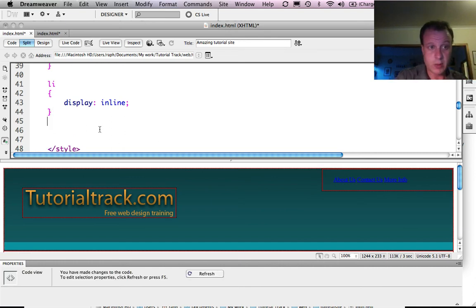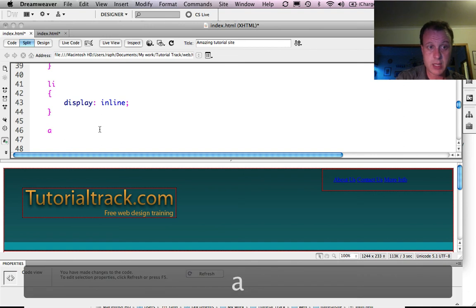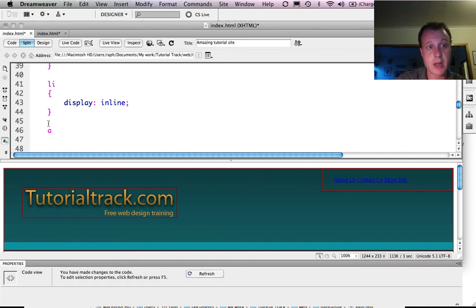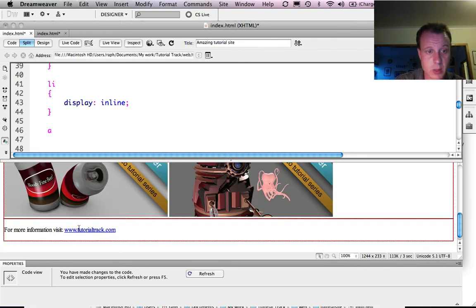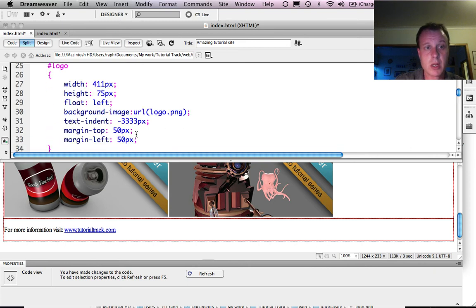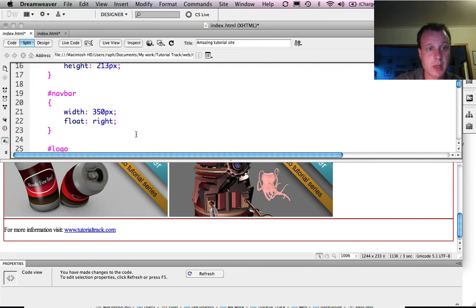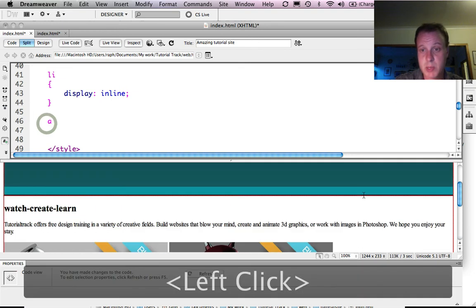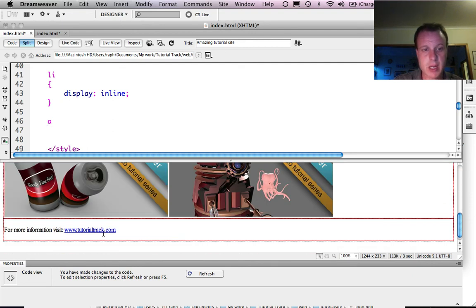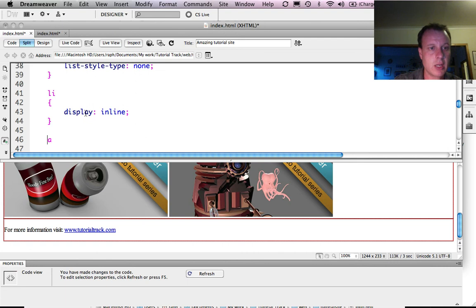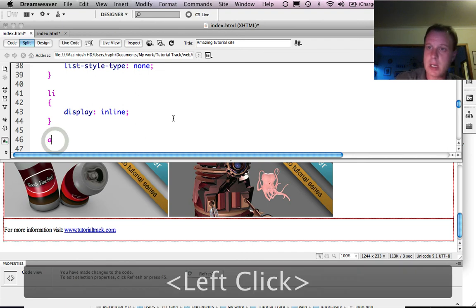So we could redefine all of our A tags, because it's when we create an anchor, when we create a link, that's what makes our text turn blue. You'll notice this isn't blue, our paragraph, our heading 1 isn't blue. It's our links that become blue. So we could redefine our A tags. In fact, we do redefine our A tags, but it's possible that while here we want our links to be white or yellow, down here we might want our links to be a different color. So CSS has another trick up its sleeve,